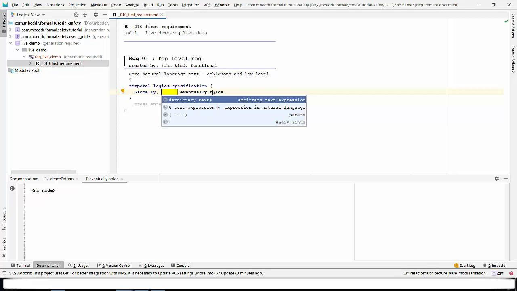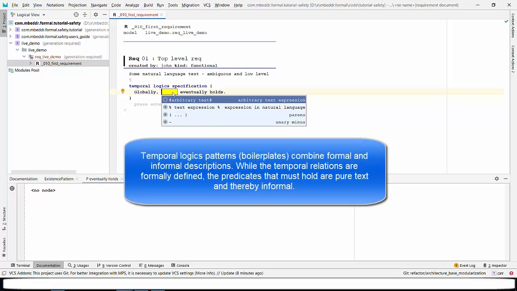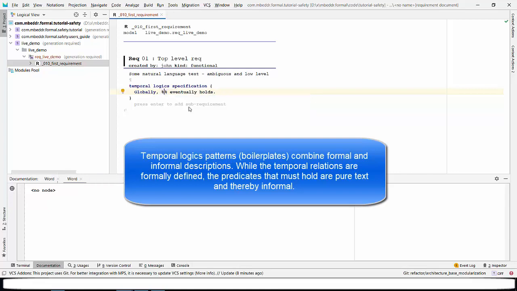We don't have any system model to express our pattern, so we can use a text expression: "Car will stop" eventually holds. In this specification fragment, we mix formal models, temporal logic patterns, and informal predicates, which represent some conditions which might